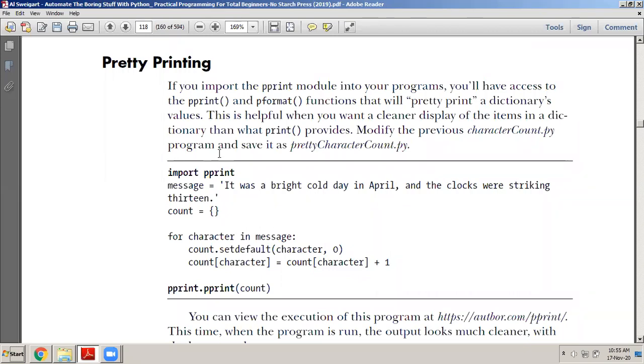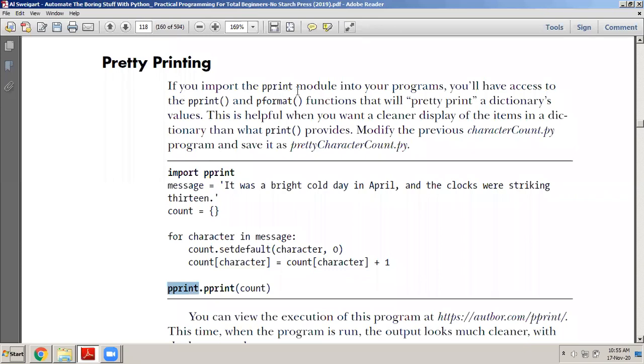So if in your program you want to use the pprint method, you have to first import the pprint library, and only then you will be able to use pprint. So if you want to use pprint, you have to say pprint.pprint count. How is it different from a normal print? Let us see.